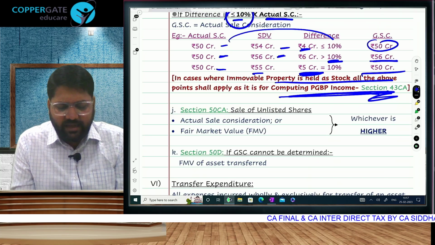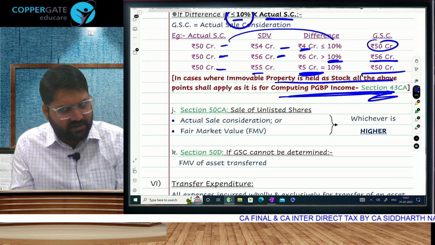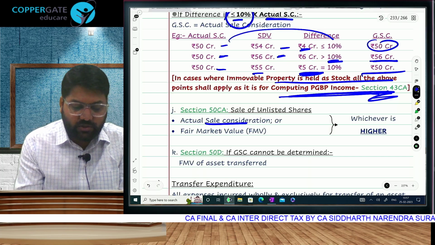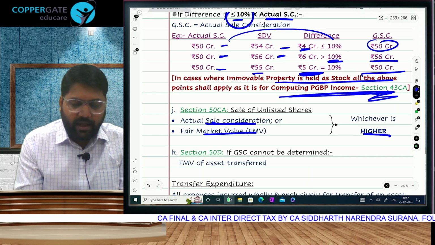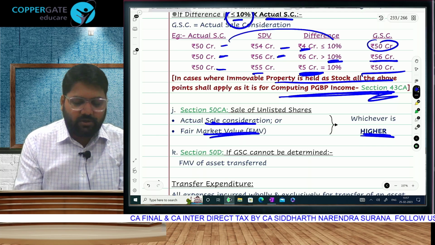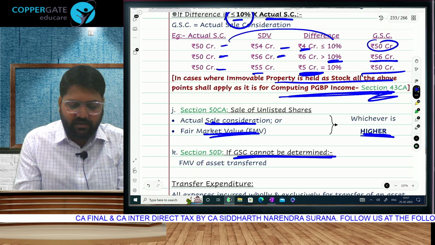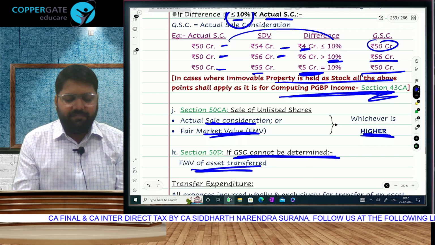Next, 50CA, sale of unlisted shares. Whenever there is sale of unlisted shares, here also the AO can question the amount. He will take actual amount or FMV, whichever is higher. Actual or FMV, whichever is higher. And of course, if the amount of gross sale consideration cannot be determined, then it will be FMV of the